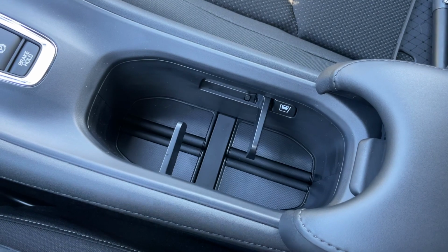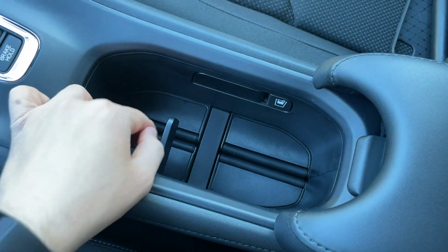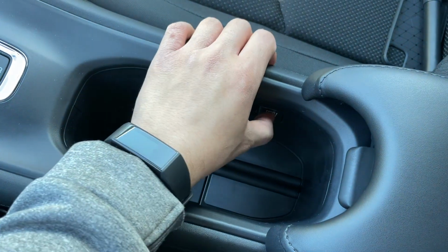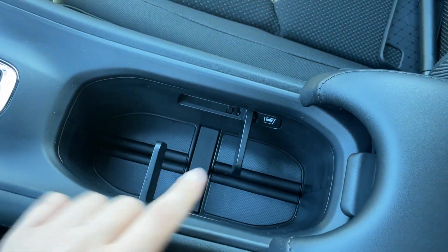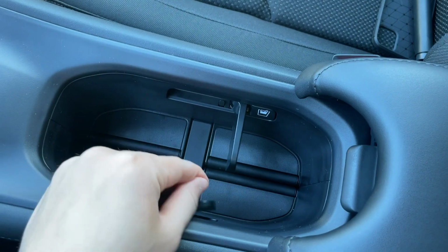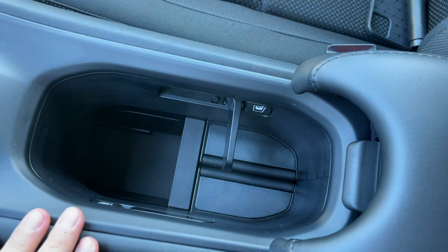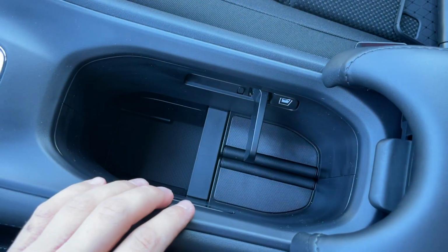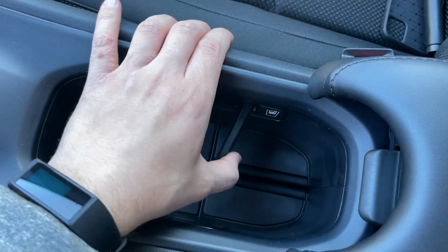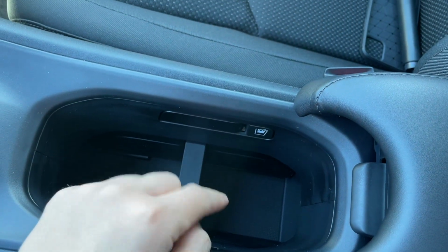Here are the cup holders, and Honda killed it with the cup holders in the HR-V. You could literally just close the arms, and you could use it as a storage place. And you could click this button right here to basically bring the arms out. And something that is really cool, you could drop these down. Let's say if you have a bigger cup, just go ahead and drop it like that, and if you have a bigger cup, it will fit there. And if you want to bring them back up, all you have to do is just go ahead and hit this button,